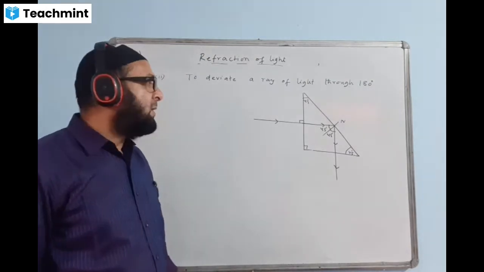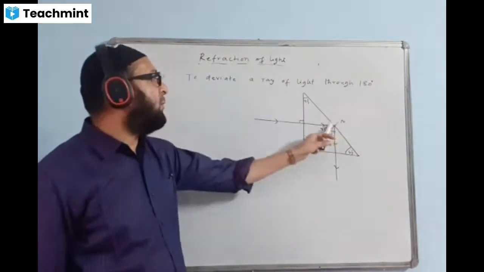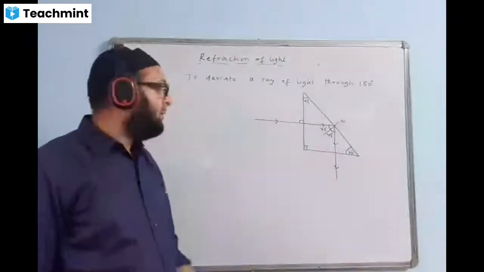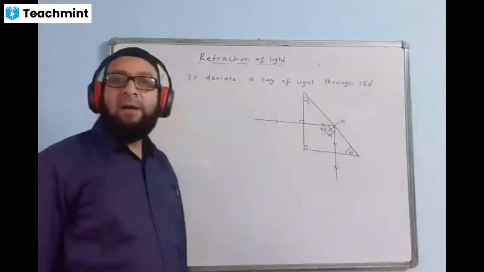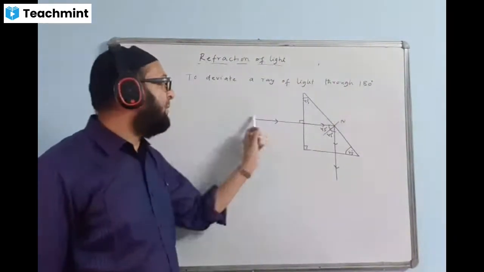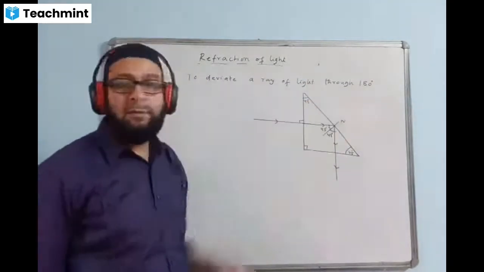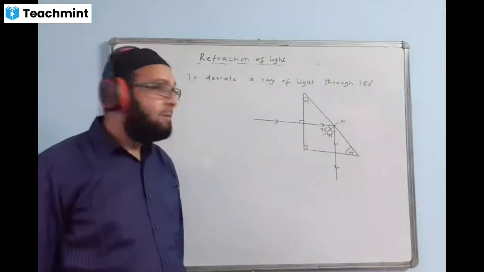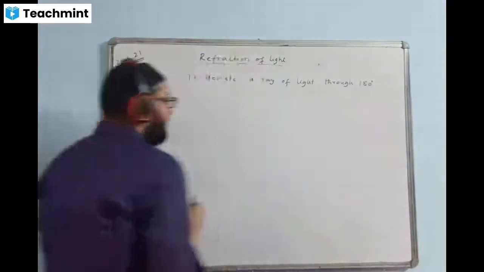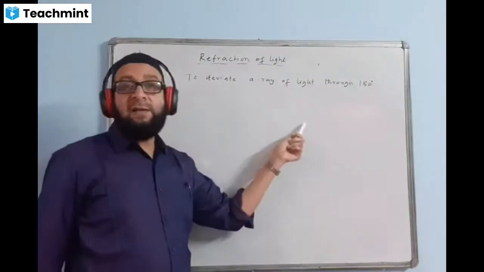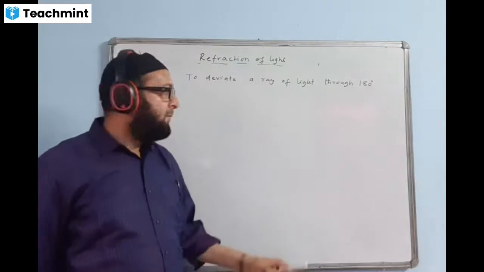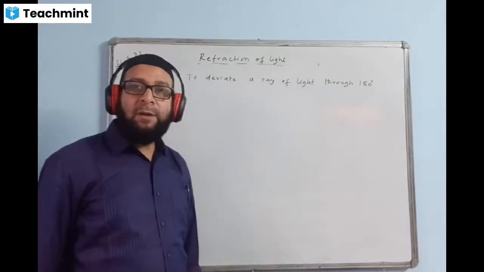Last time I told you. Same way, the ray begins from this side and will go like this. The reverse is always true in light. So again, the ray of light is deviating through how many degrees? 90 degrees. 45 here, 45 here, 90 degrees. This case we had already done. That means in this case, 90 degree deviation will take place when the ray enters through any one of the equal sides, other than the hypotenuse side.